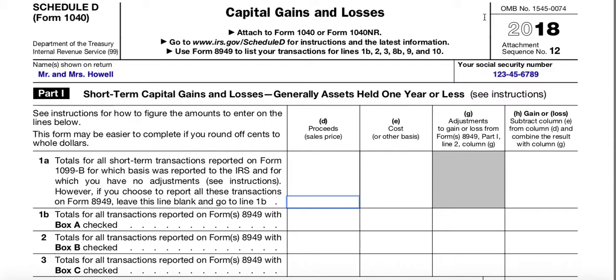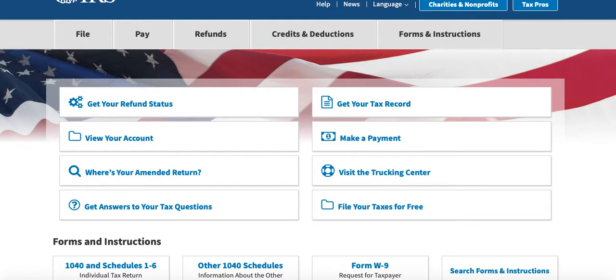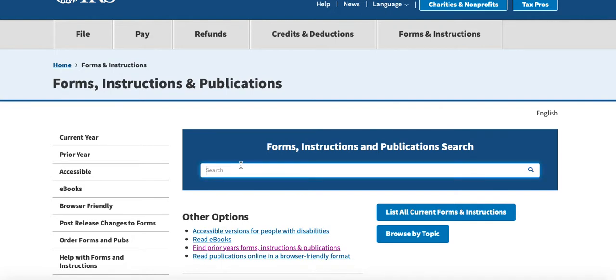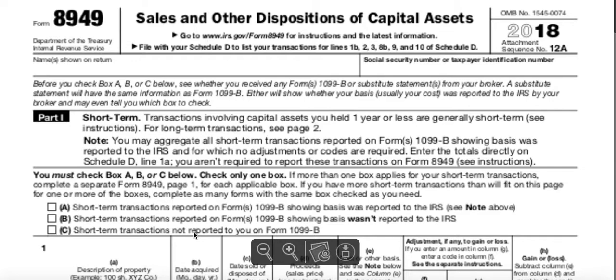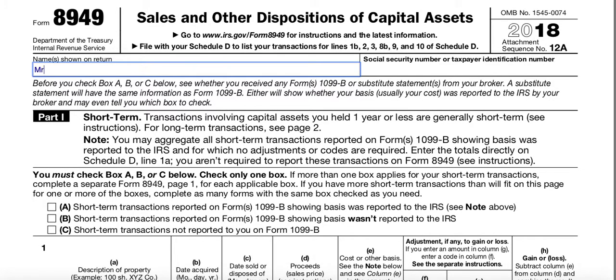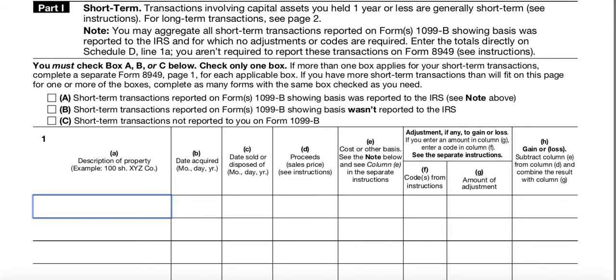So let me go ahead and get a new tab and open my Form 8949. Okay, so we're going to have both of these going, and we still have Mr. and Mrs. Howell. And again, make sure that Social Security number is on your tax return the way that it's supposed to be. Okay, so now on the 8949,